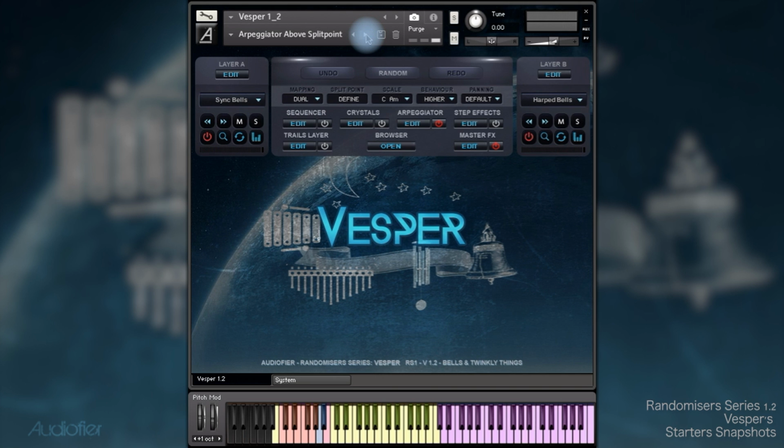The next one is arpeggiator below the split point. This one is the opposite. The arpeggiator is below the split point, so